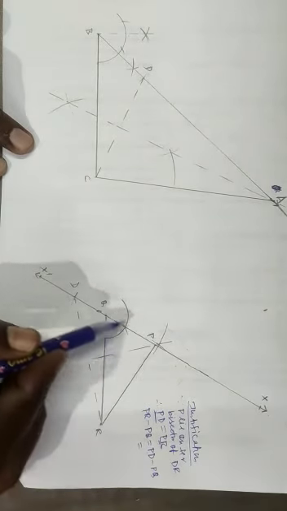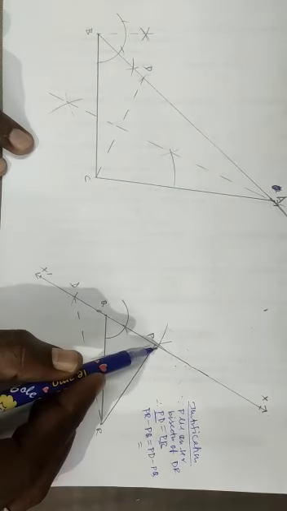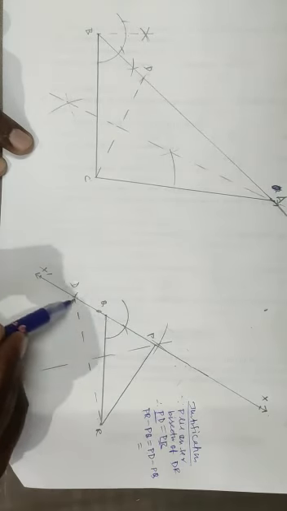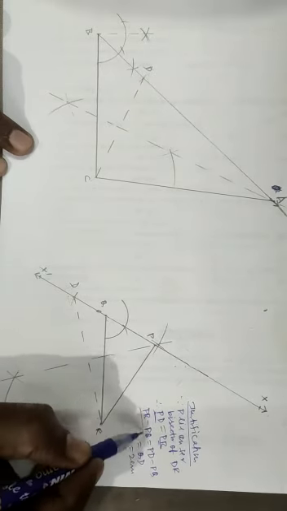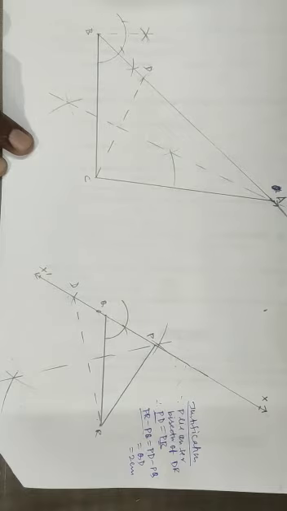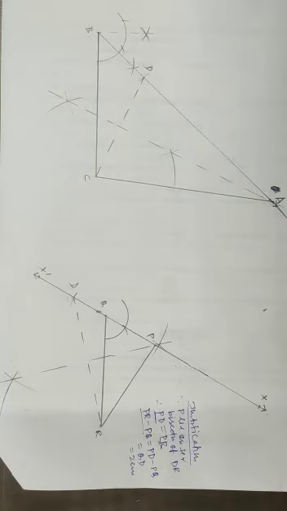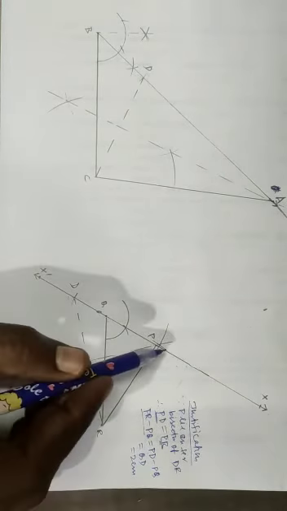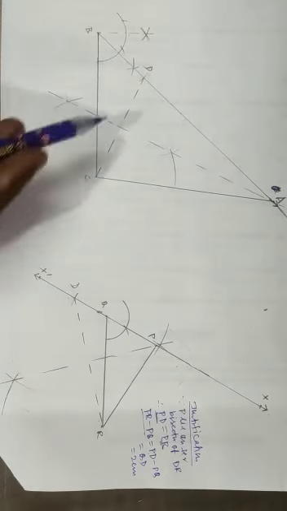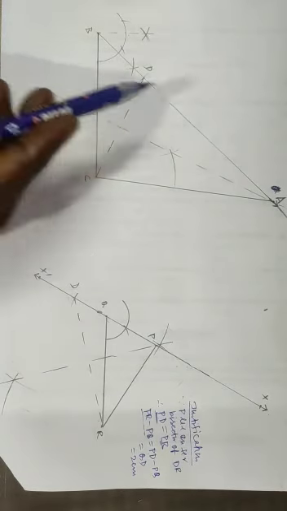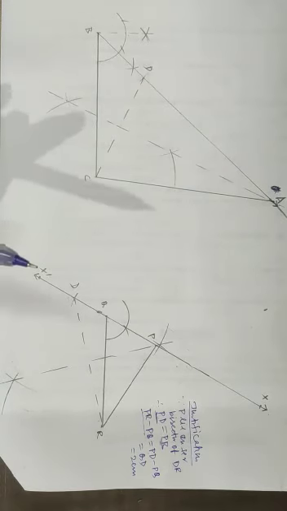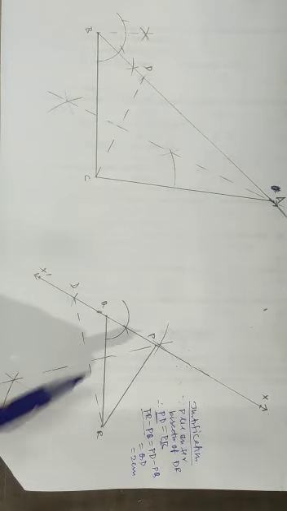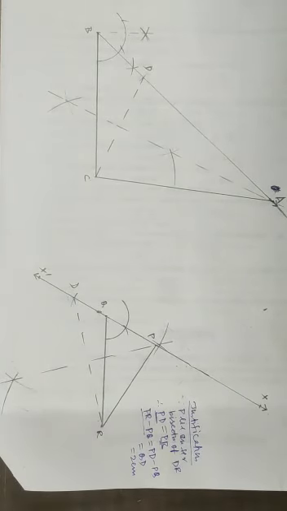And now you see in the figure, PD minus PQ. If you subtract PQ from PD, you will get QD. And how much is QD? You have taken QD as 2 centimeter. So you got PR minus PQ as 2 centimeter. So this is the justification part, why PR minus PQ is 2. Similarly, you can go for the justification of this also, why AB minus AC is 3.5. If you are asked to justify in the exam, then only you need to write the justification part, or else you simply need to do the construction and write the steps of construction.